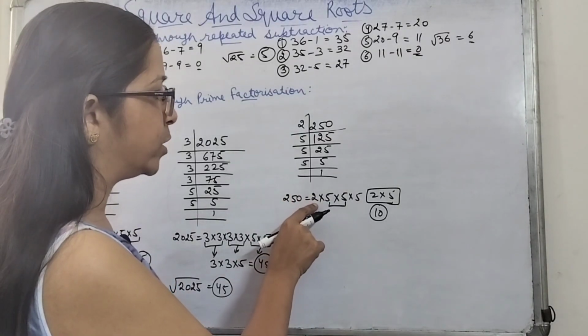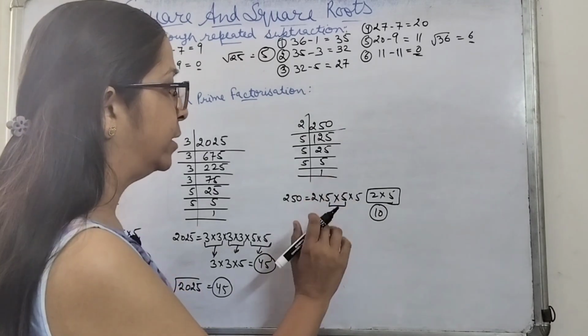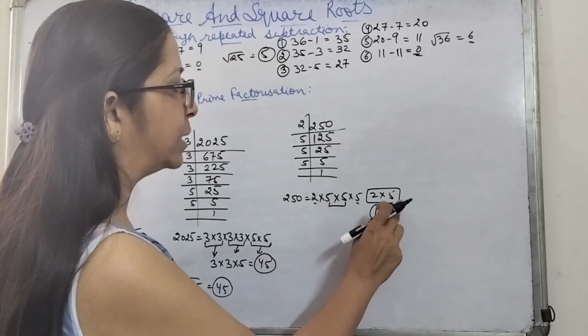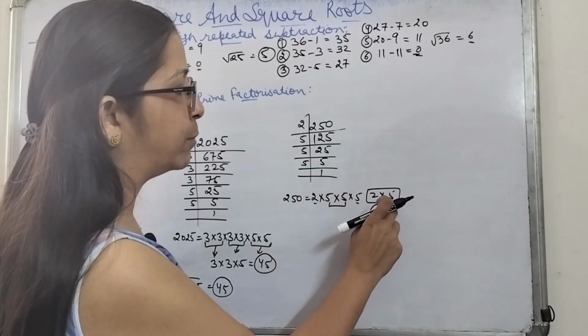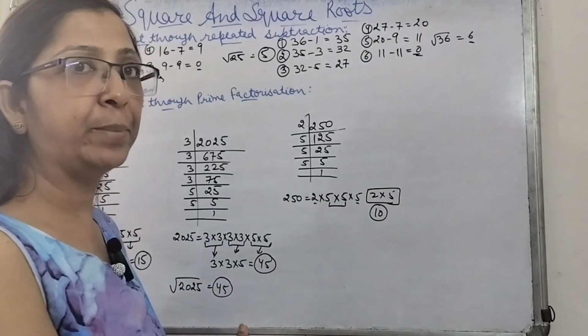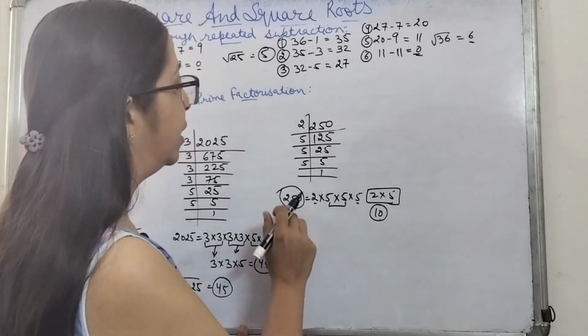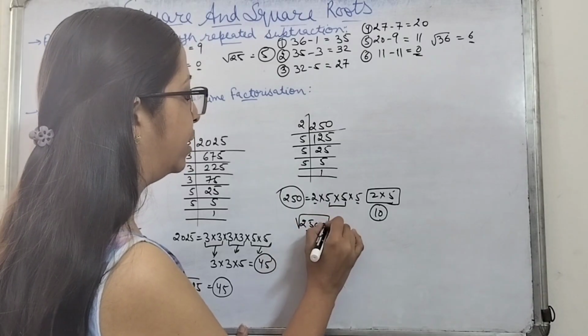Here a single 2 was there, a single 5 was there. These two 5s are in pair, so we won't touch them. Because the others are not in pair, if we multiply by one more 2, the 2s will have a pair. If we multiply by 5, these 5s will also have a pair. So if we multiply 250 by 10, we will get 2500, which is a perfect